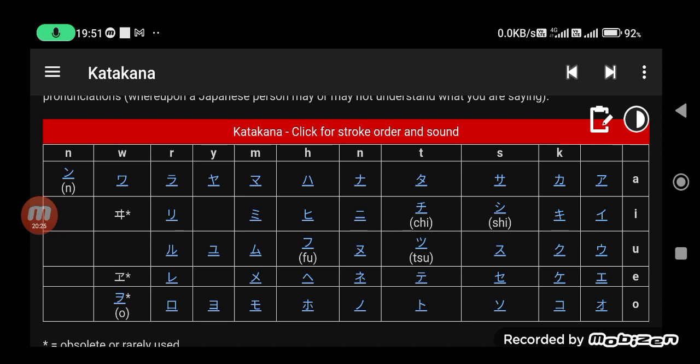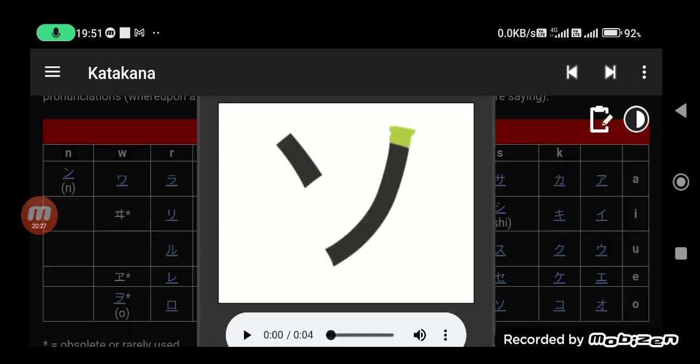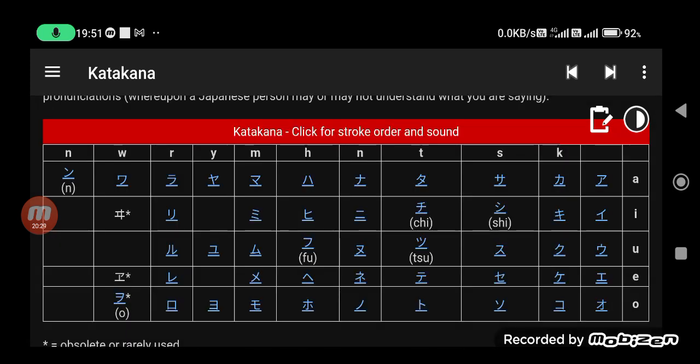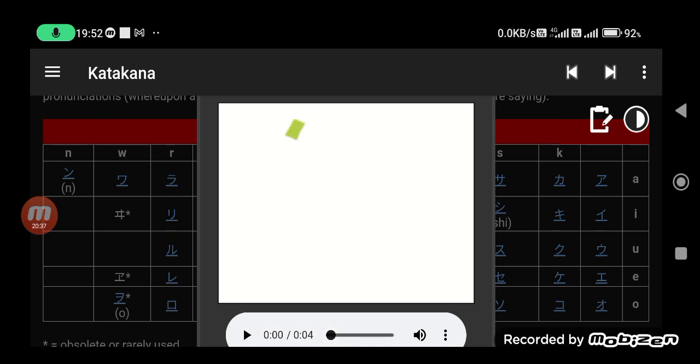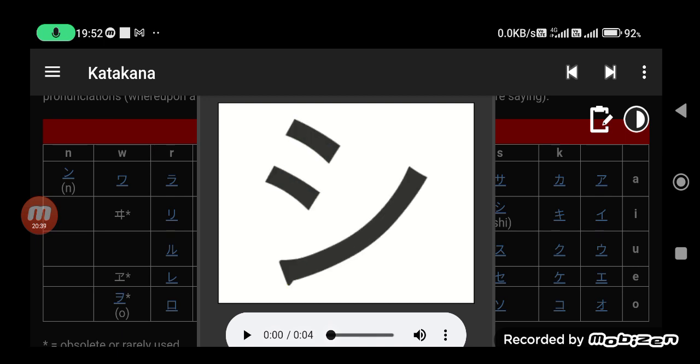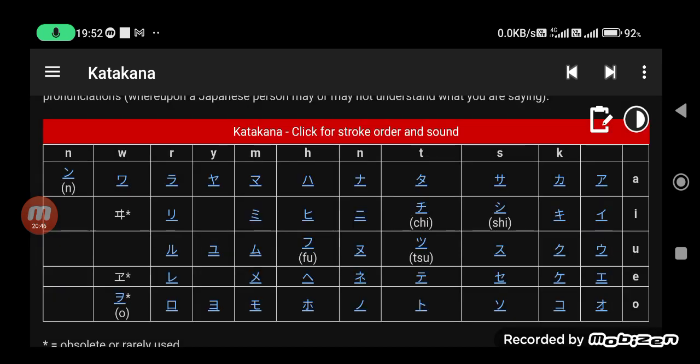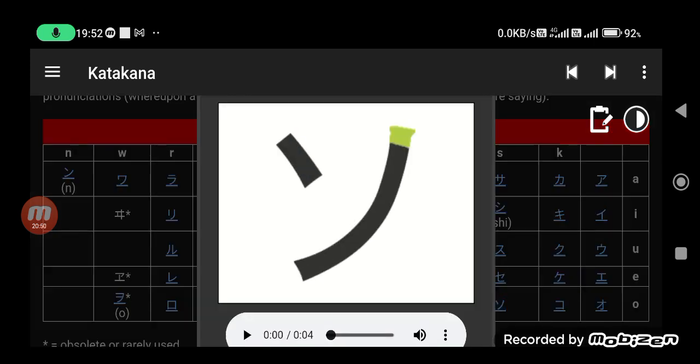But how about the so? So. You see, in the shi, it's from the lower part to upper, from bottom to top. But the two small lines there start from the top to middle. That's the shi, and this is the so. So again, it started with right to left, but going downwards. So,